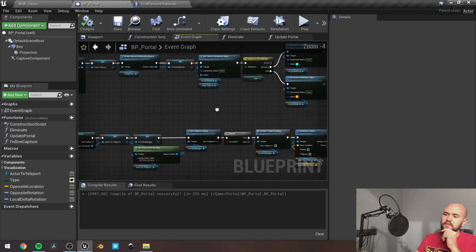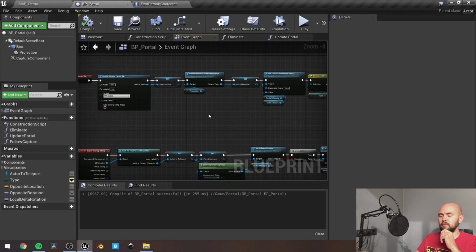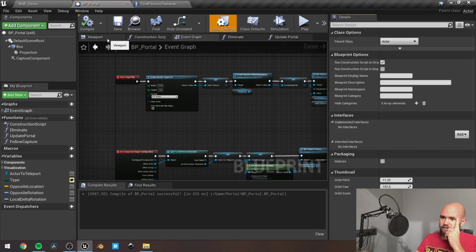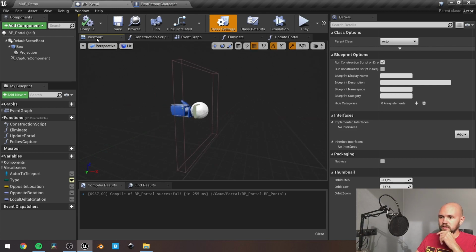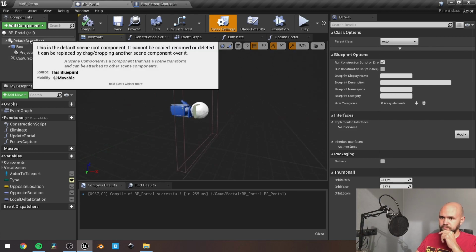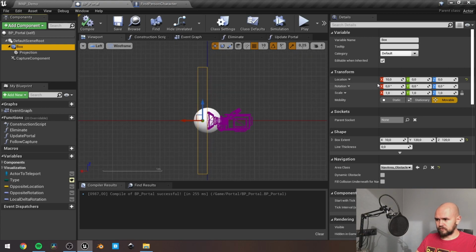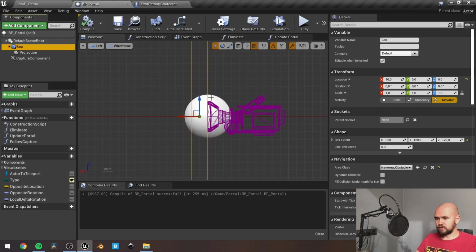Let's continue with our BP portal, and then we talk about some small modifications. So it's a simple actor, as I said. Let's start with the setup of the components. I have box collision with a specific box extent, so I don't change scale, rotation, anything. I only change the location on the x-axis. So the center of this actor